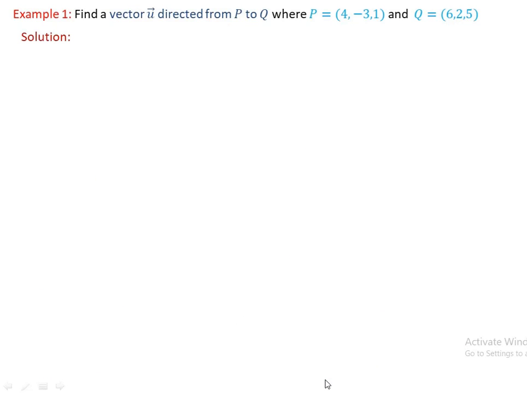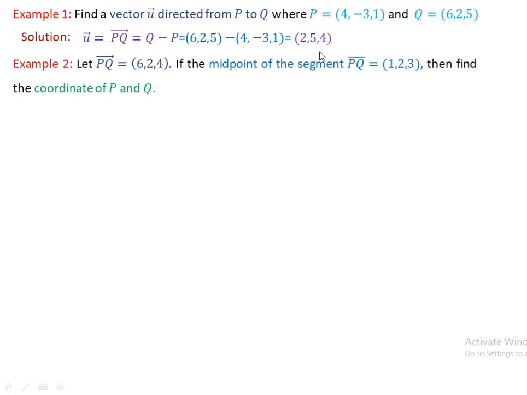For example, find a vector U directed from P to Q, where the vector P is 4, -3, 1, and vector Q 6, 2, 5. Then let's find the solutions for this example. Now, using the definitions for directed vectors from P to Q, let us say that vector as U. U is equal to the directed vectors from P to Q is equal with Q minus P. Here Q is given here and the P is here. Then we can subtract Q minus P, that means 6, 2, 5 minus 4, -3, 1. Then that means 6 minus 4, 2 minus 3, 5 minus 1 ስንሰራው 2, 5, 4 እናገኛለን።